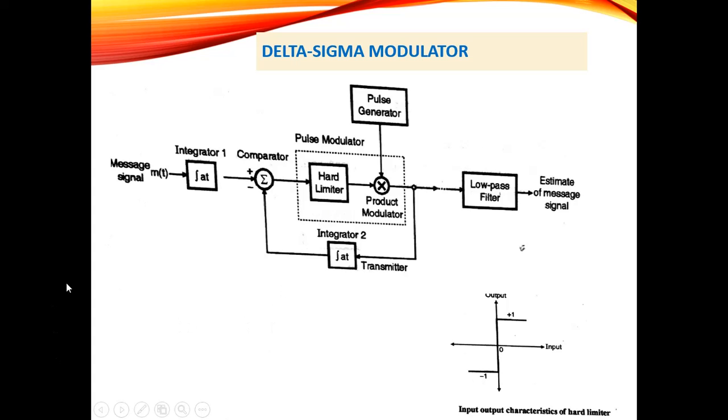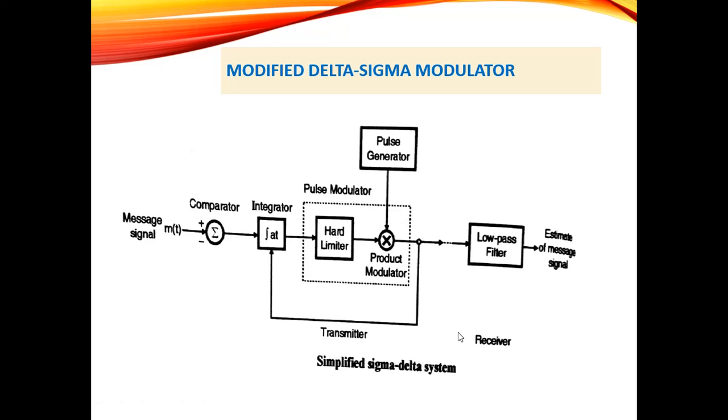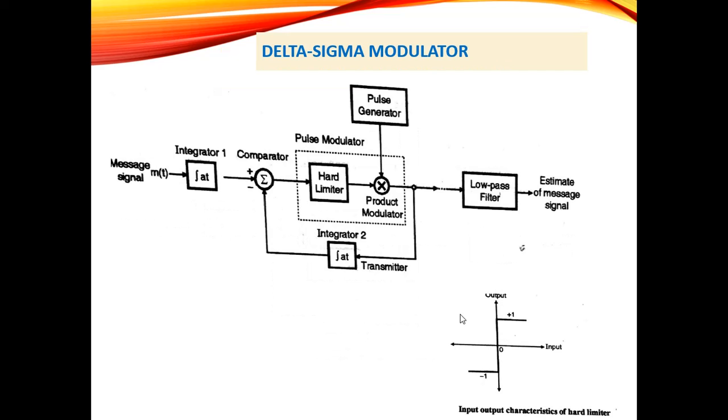The low frequency component of the input signal is pre-emphasized with the integrator. Correlation between the adjacent samples of delta modulation is increased in the delta signal, which improves the overall performance of the system. The design of the receiver of the delta sigma modulator is simplified. Integration is performed before the delta modulation.